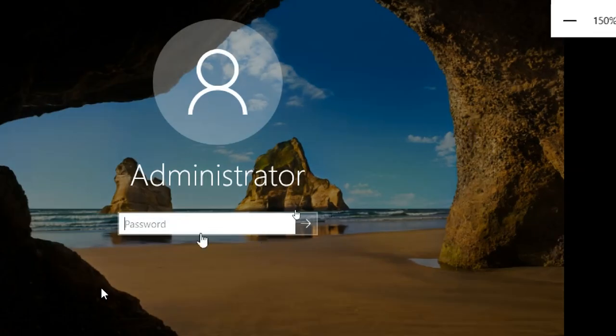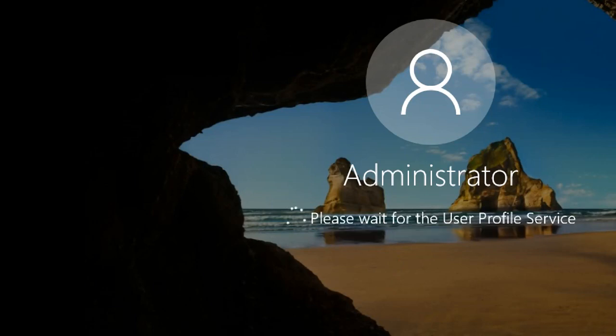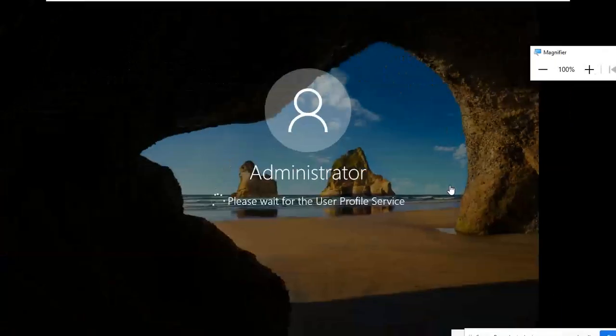Because the machine is in VMware. If your virtual machine is in Hyper-V, Oracle VM, or VMware, a different type of Alt+Ctrl+Delete is used. Alt+Ctrl+Delete is for a physical machine, and Alt+Ctrl+Insert is for VMware virtual machines.